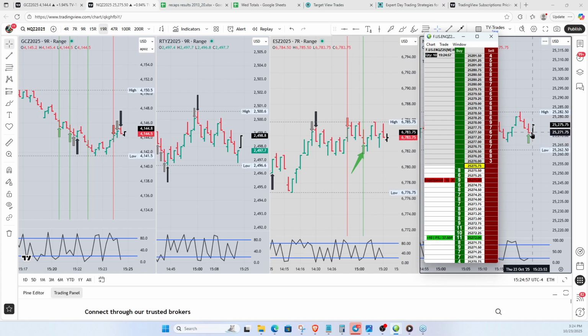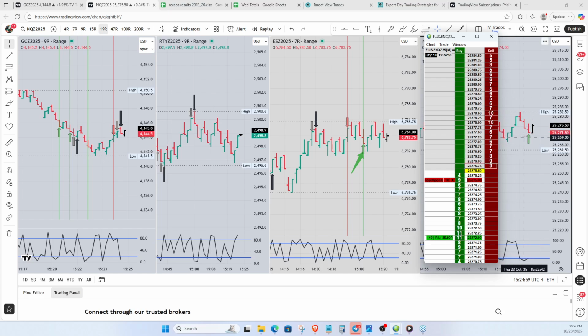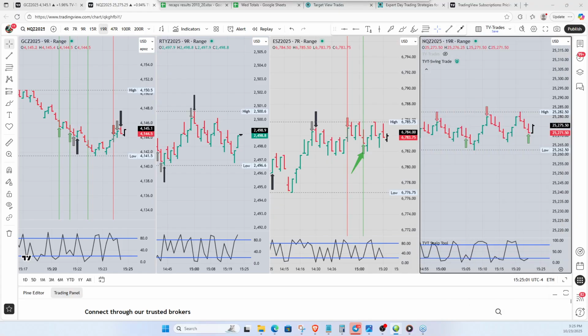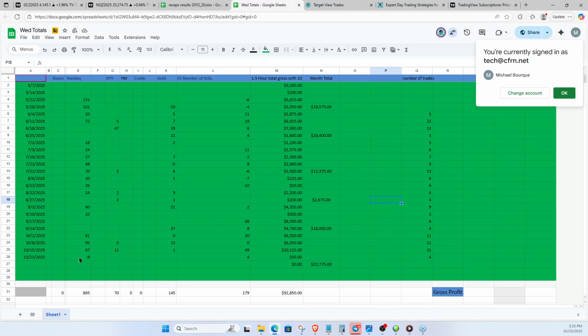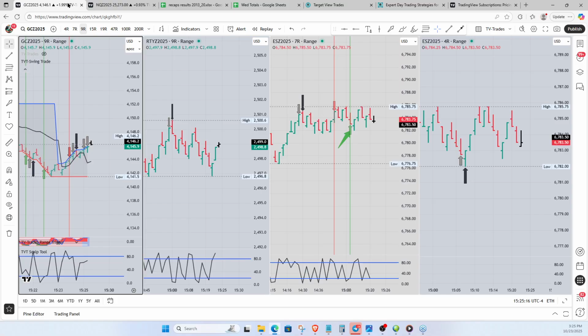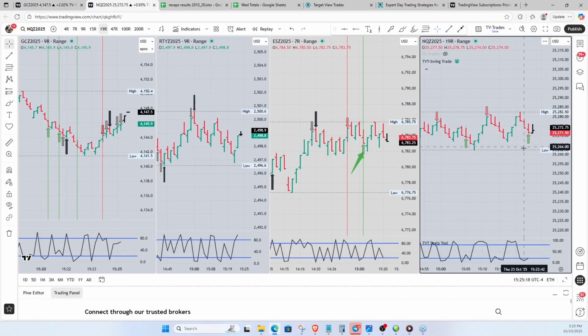So this is the scalp right here. This is what I'm working on right here. That's what this trade is right here. And we just picked up 12 ticks on the NQ. Okay, so we're positive now on the NQ. And that's our 5th trade. Okay, that was this one we were looking at right here.